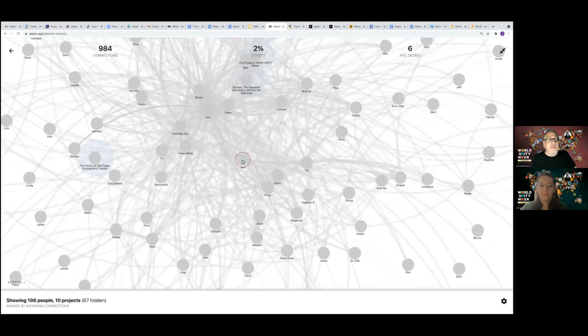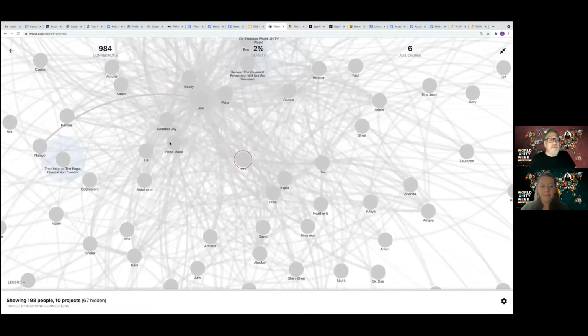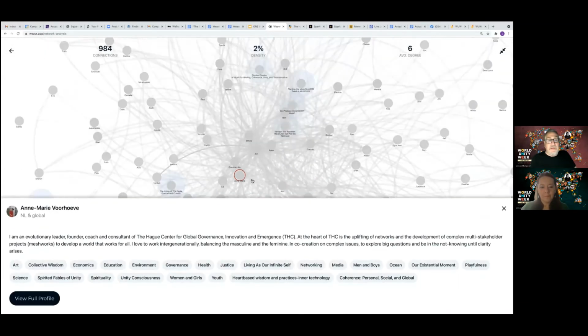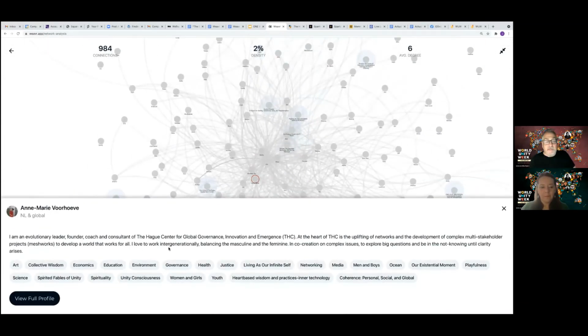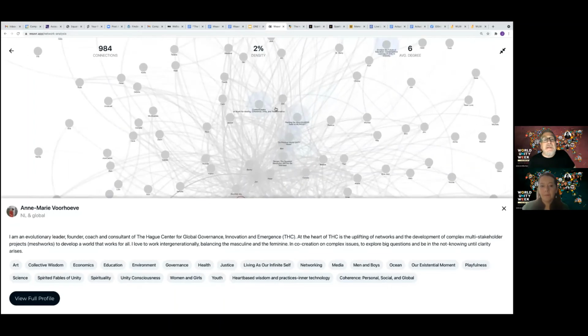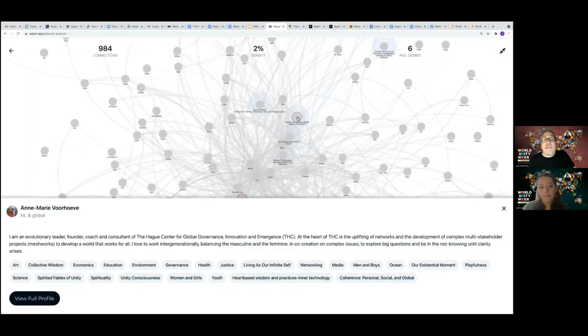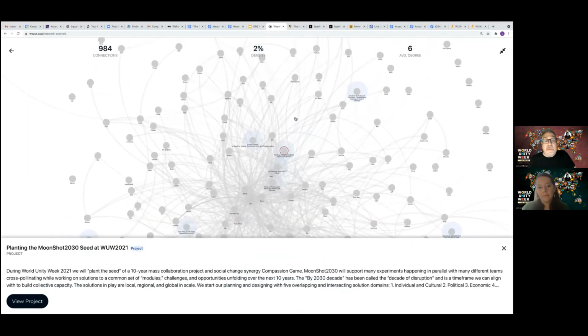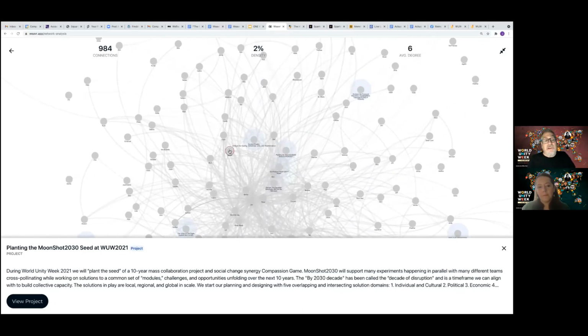And in addition to the people, they're like, here's Anne Marie. If I click on Anne Marie, it shows me her profile, a little bit of it, her different interests. I could view her whole profile here. But you see these blue grayed in? These are projects. So what's nice about the way Weavr works is that if I click on Janice here, which